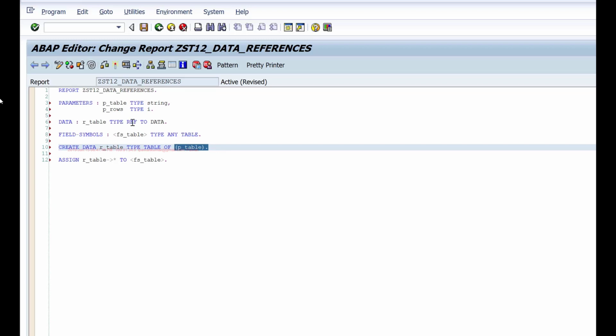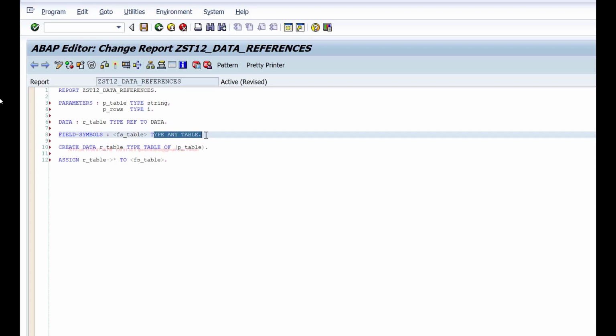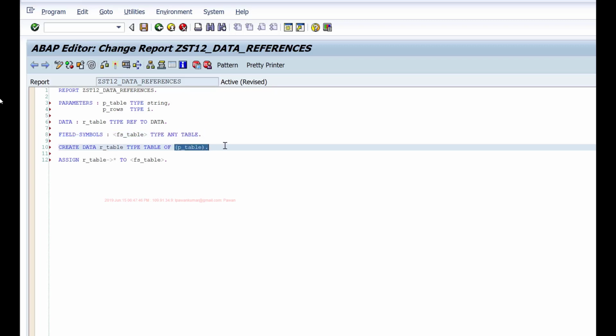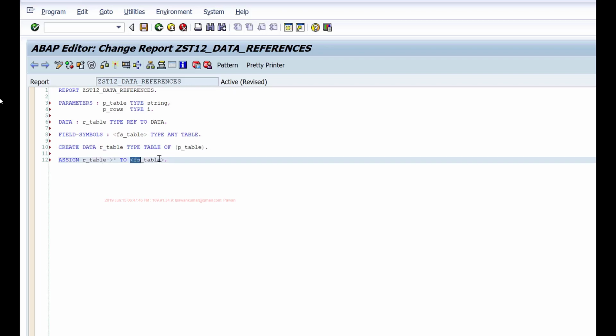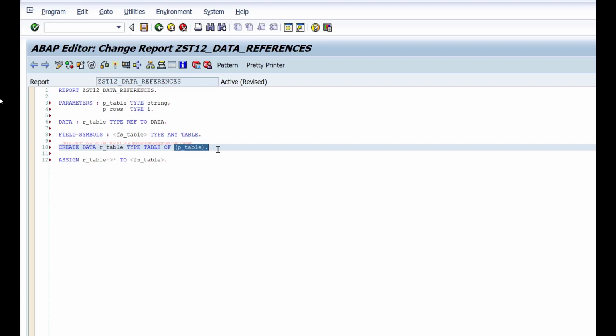Okay, with field symbols you can only say it will be an internal table. Statically you can either type it by saying type VBRK, or you can say type any table so that it becomes any table, but you cannot determine it dynamically with field symbols. Whereas with data references, we can determine the type dynamically. So when I assign that to a field symbol, then this field symbol will be of this type.